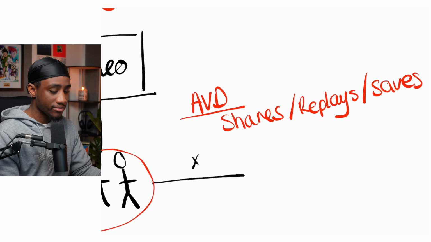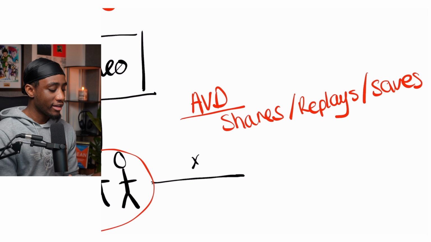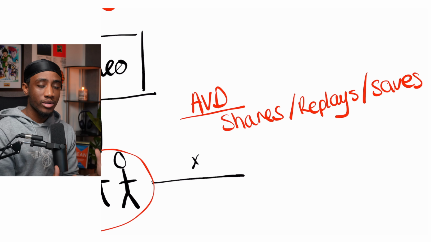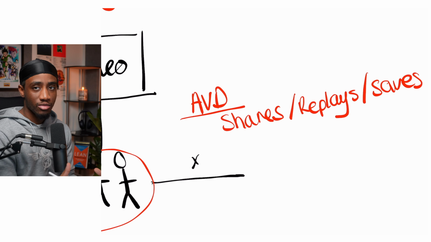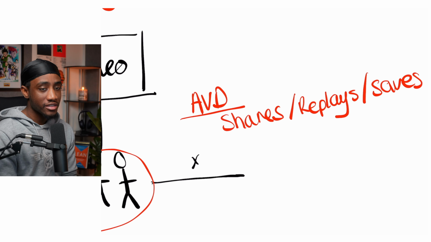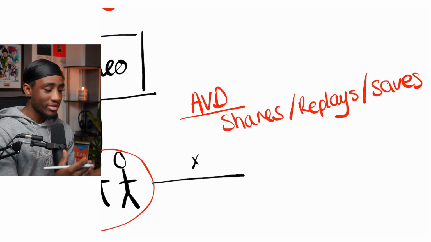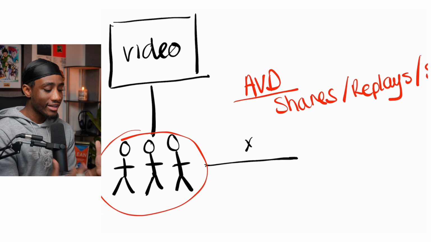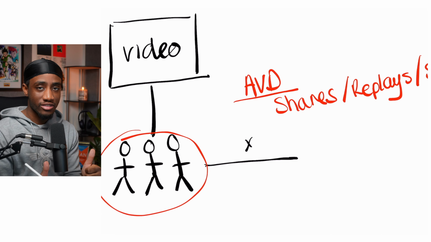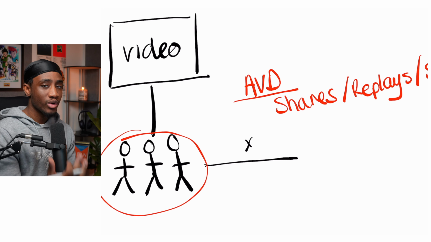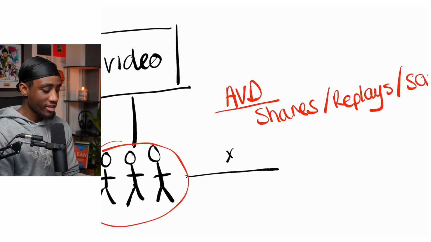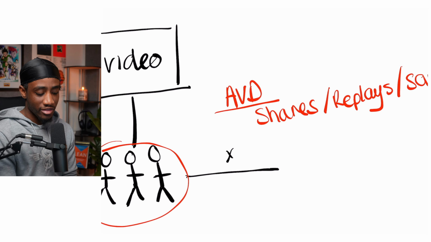saves. Now, I need you to understand the main reason that any platform wants you to post videos is because they want people to stay on their platform for as long as possible. So if your average view duration is high, that means these people that see your video are still on the Instagram platform, which is a good sign for Instagram, because then they can be shown more ads and Instagram makes more money. So the higher your average view duration, the better.